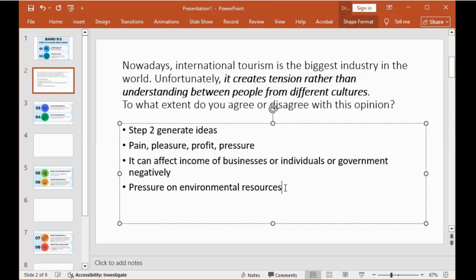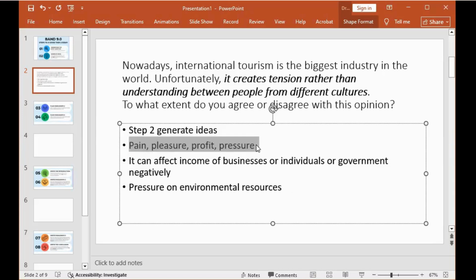Pollution. You have people using plastics and disposing of them indiscriminately all over the streets. And then what happens? The plastics end up in rivers and streams, and that will affect the what? Aquatic organisms. That creates pressure that affects the what? The animals, the fishes, and all the other organisms that live in the water. So that's pressure on what? Environmental resources.